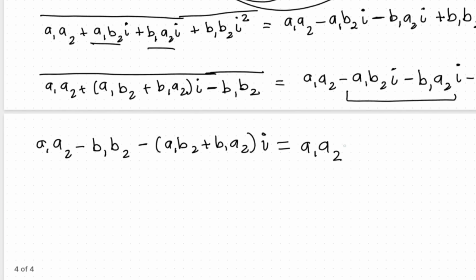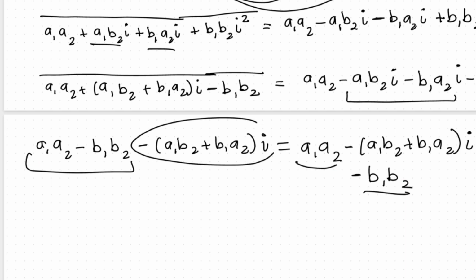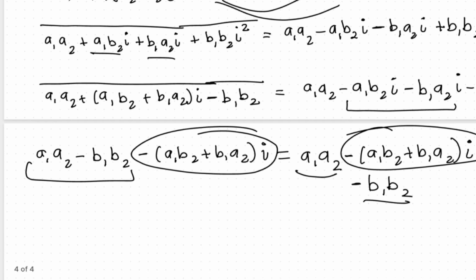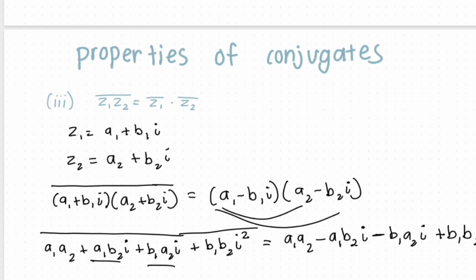So we get, let's take out the minus i. So we get minus a1b2 plus b1a2 i minus b1b2. And hence this is proved. This is this and this, and this is this. So hence we prove that the conjugate of z1 times z2 is equal to the conjugate of z1 times the